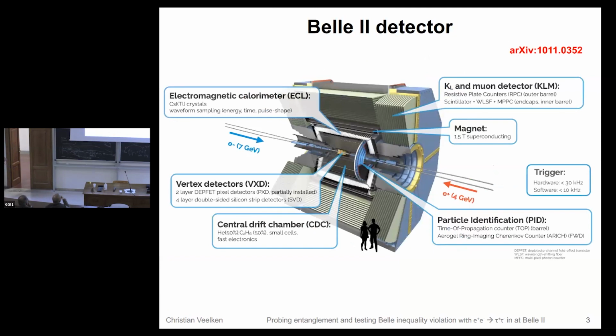This is a different sketch of the Belle II detector that I found on the web, and the main features of this detector are that the beam pipe has a very small radius after the upgrade, and this allows to install the innermost layer of the pixel detector at 1 centimeter radius. And this allows for very good resolution on the transverse impact parameter and also on the tau decay vertex in case the tau decays to 3 charged pions.